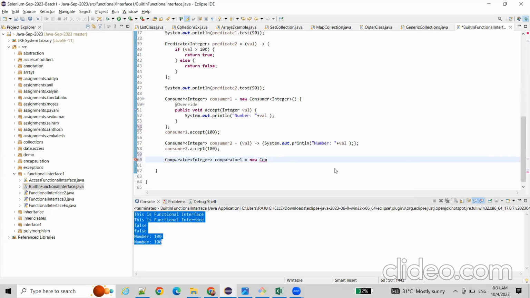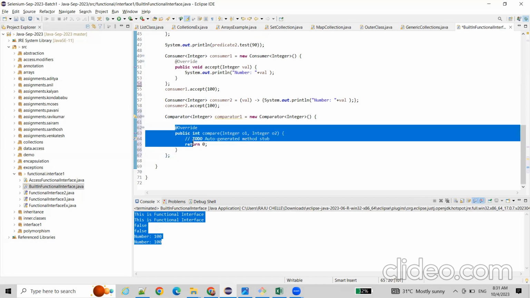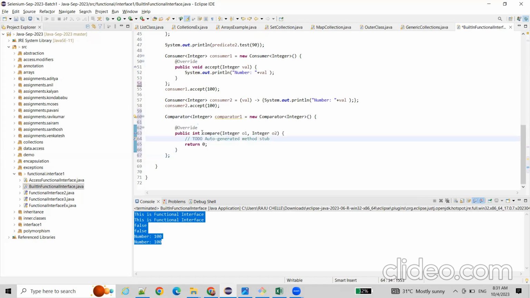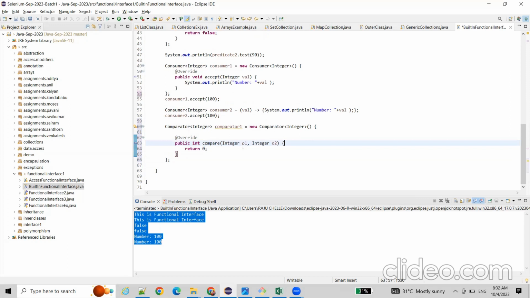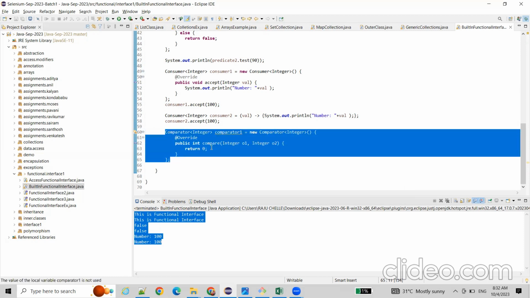New comparator. So here it has one compare method. What is this comparator, and what is the use? Whenever you have some elements in your list object or set object or map object,